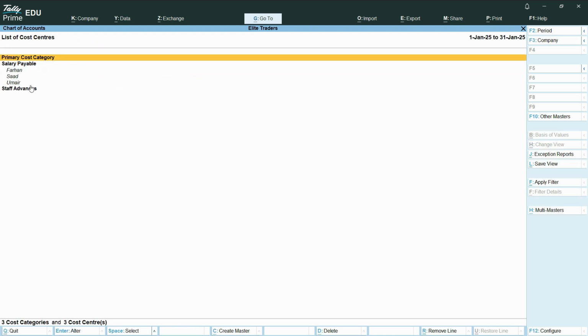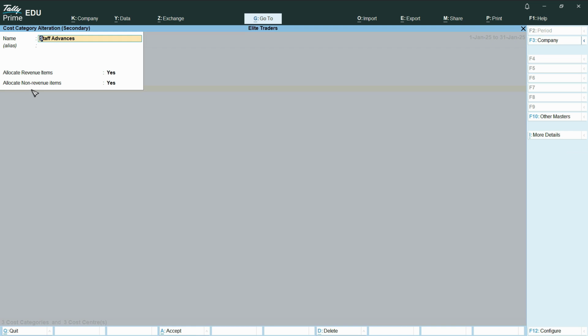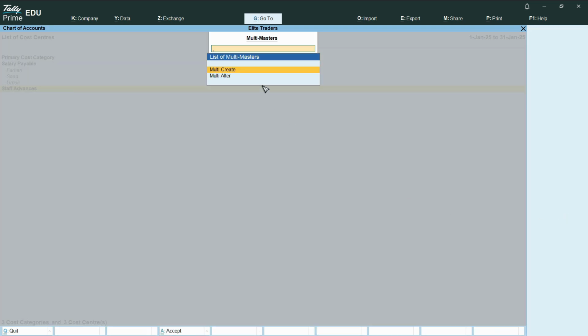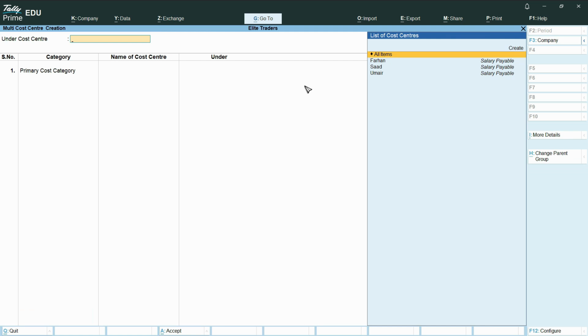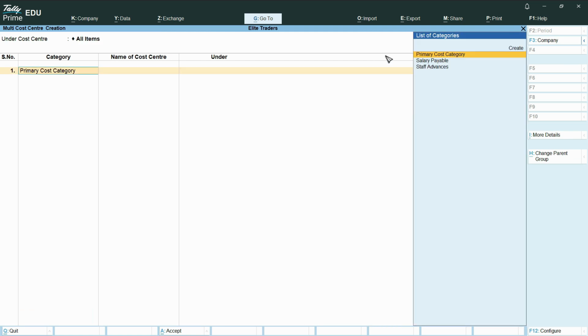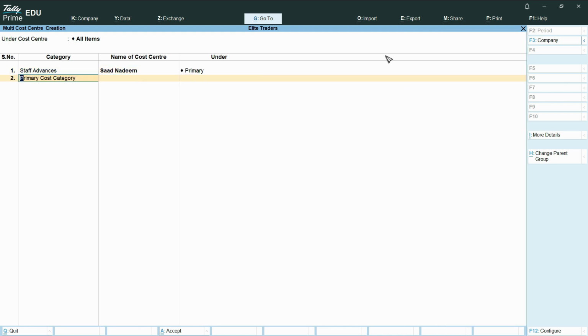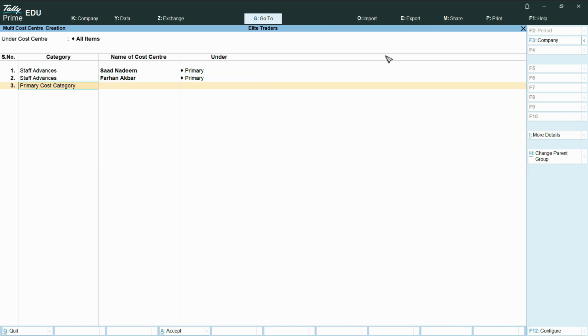Salary payables were saved, and staff advances, we need to create some new ones. So go to multi-masters again, click on multiple create, all items, just right here staff advances. I'll just mention the full name now. It goes under primary, again staff advances,